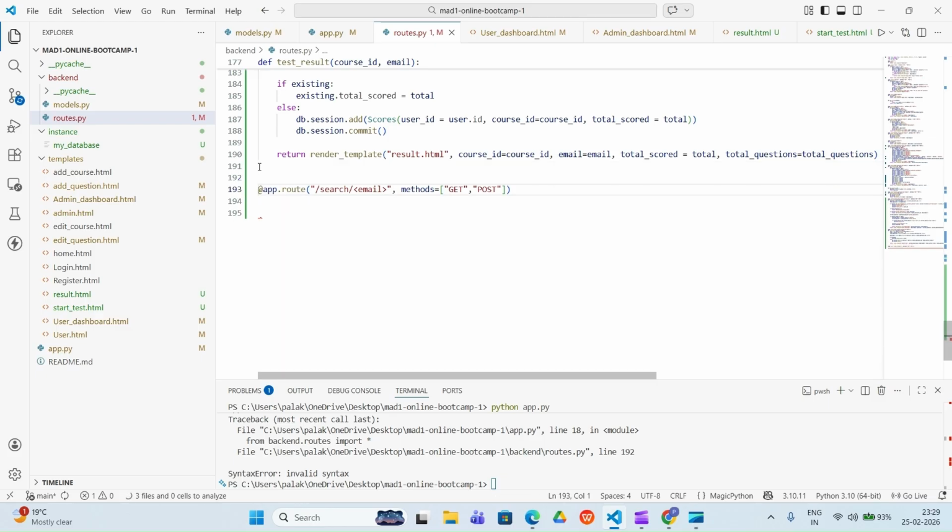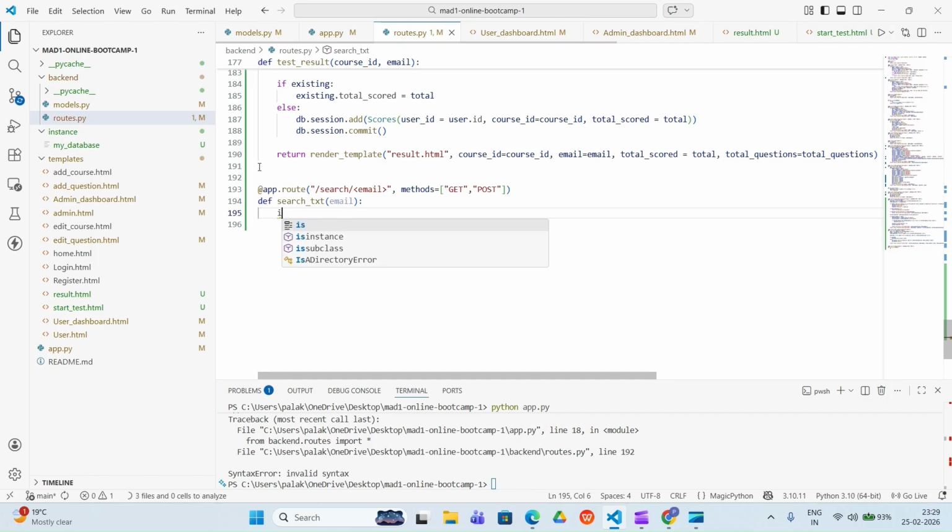Then we'll define one function named search_text, and in this we are going to take the email only. Then, since we have defined the two methods, firstly we'll write about the two methods.